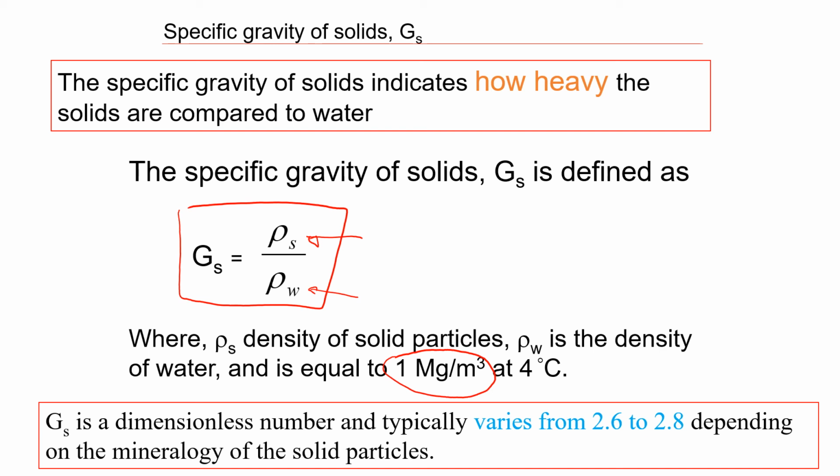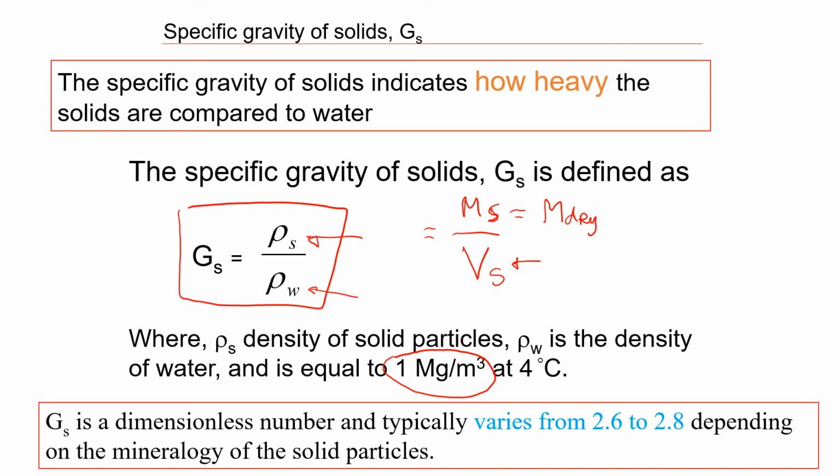We can also obtain it through a laboratory test. In this case, we need to know the mass of solids and divide by the volume of solids. Please note that in this case, we use the volume of solids. We don't use the volume of soil. This is a very common mistake among students. Mass of solids is the same thing as the mass of dry soil. So if we look at the density of solids, it is always higher than the dry density of soil.